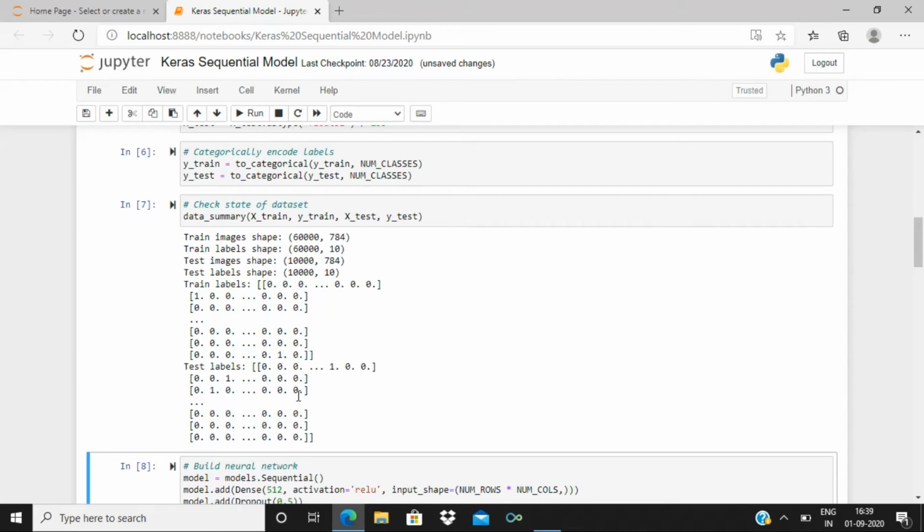So here this 1 represents the place of that value. If you have 1 at the 7th position, then it is of 7, and similarly if you have 1 in the 2nd position, then it is of the value 2, and if you have 1 in the 1st position, then it is of value 1. So it basically represents them. By now we have our data ready, and since we have our data ready, we can go ahead and build our sequential model.